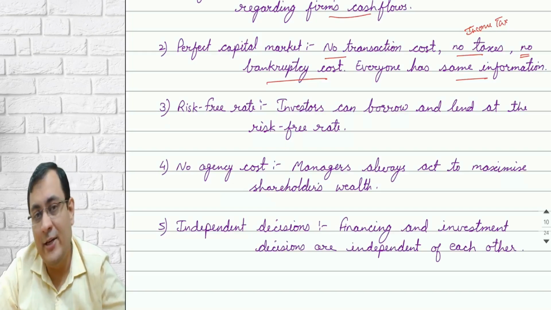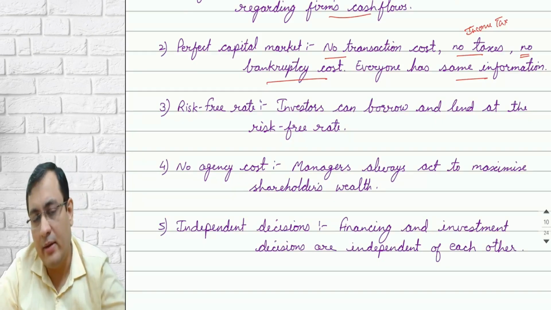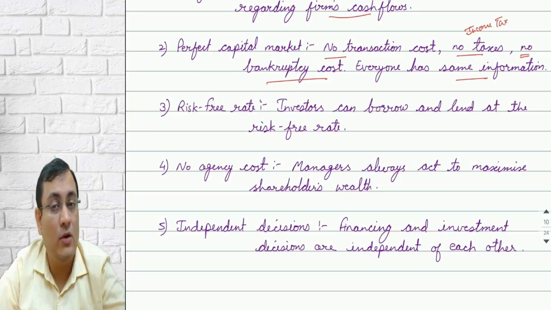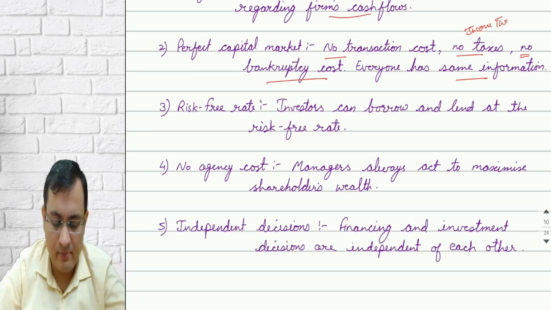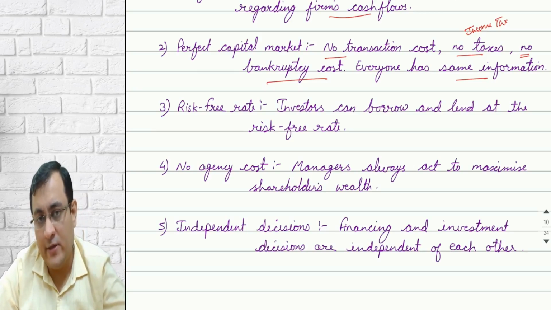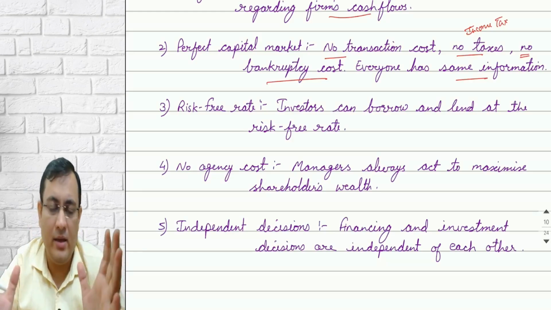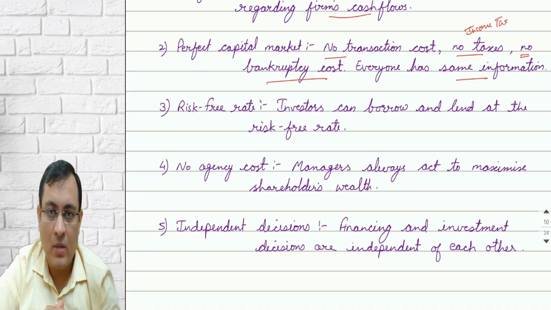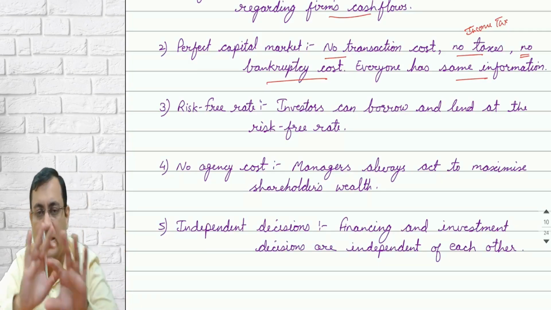Equity holders are agent for debt holder. Both are investors, but control is with equity holder for decision making. We are assuming here that there is no agency cost, means all agents are working in the interest of their principals. Again, independent decision, the last assumption. The financing and investing decisions are not impacting each other, are independent decisions. It means from what source you are getting the finance and where you are investing, these are two separate decisions,